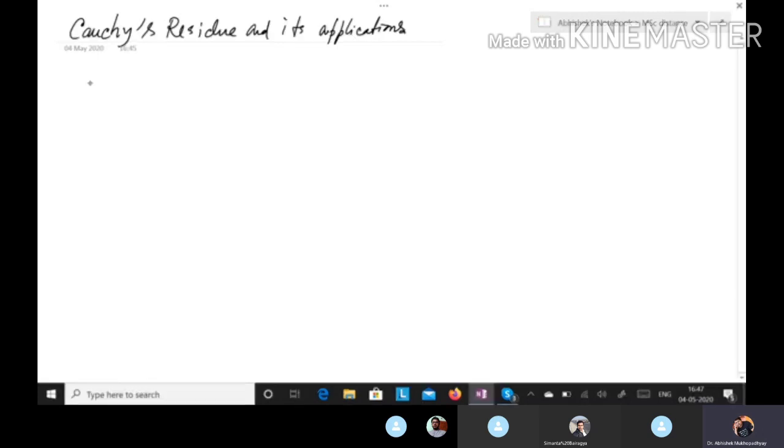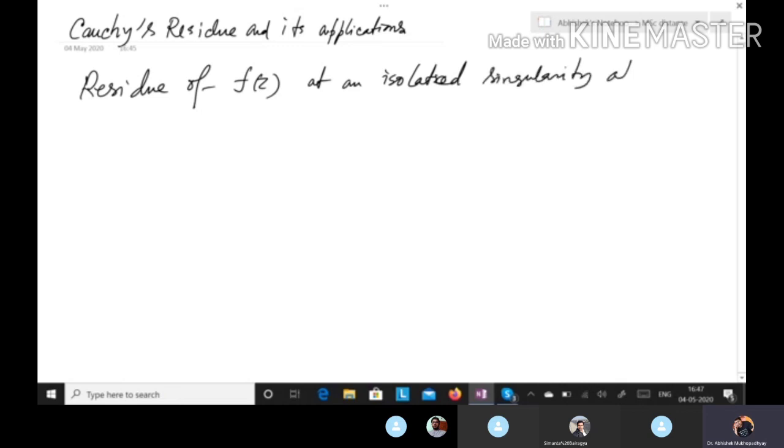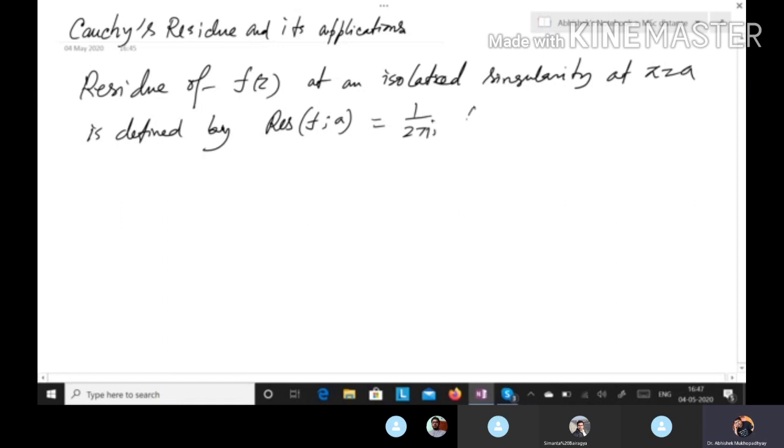The residue of f(z) at an isolated singularity at z equal to a is defined to be: residue at a is 1 by 2 pi i, the integral over gamma of f(z) dz,